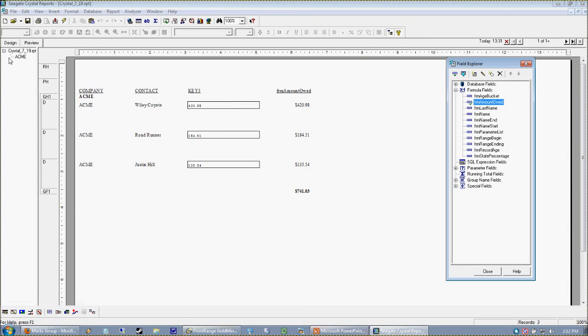Okay, let's move on to suppressing report sections. So this is actually not a bad example to use. So let's say that I have a fairly large report that is doing something like